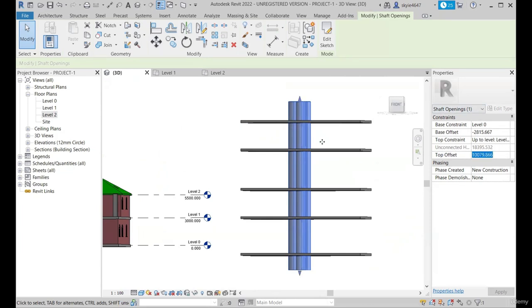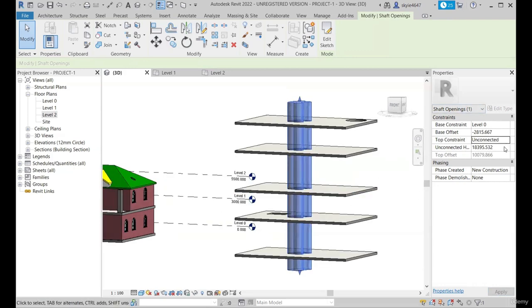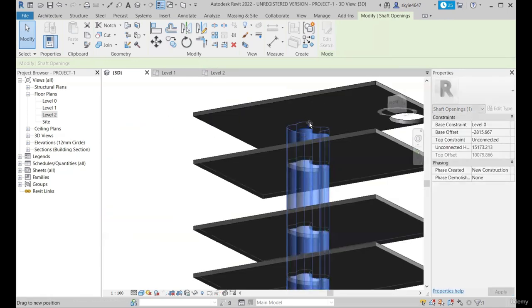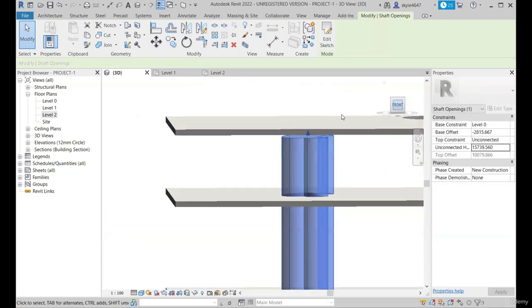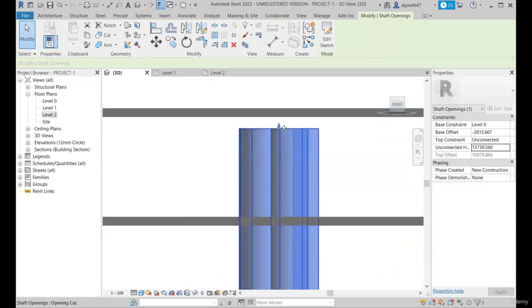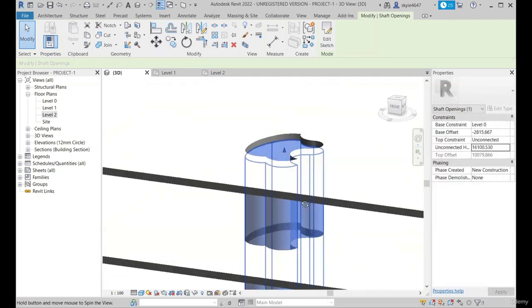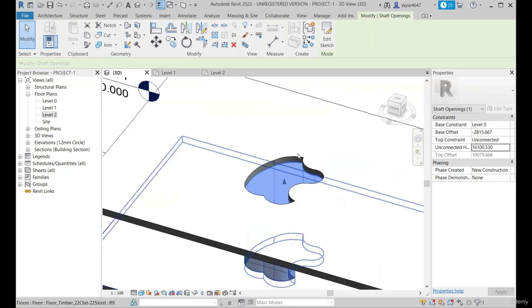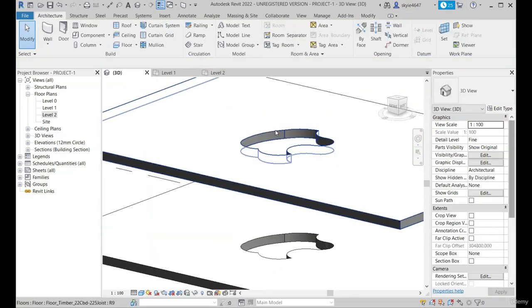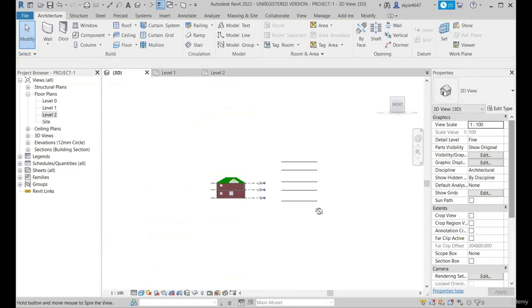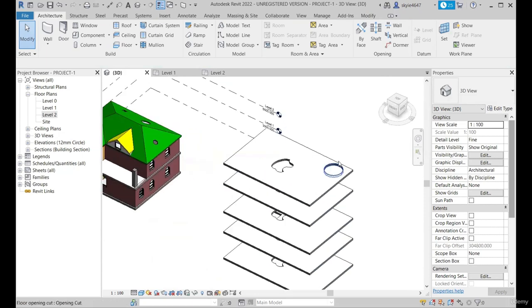Okay, so if you want the top offset or the constraints changed, you can have it changed here. Okay, if you want to reduce it, you can reduce it. If you want to increase it, you can do it both ways. Okay, so even if it's slightly touching, you can notice the change. Now if I take the opening and put it exactly below the face of the floor, now you can see it's cutting entirely. Okay, so in this way the shaft opening works, and by face and vertical openings are limited to